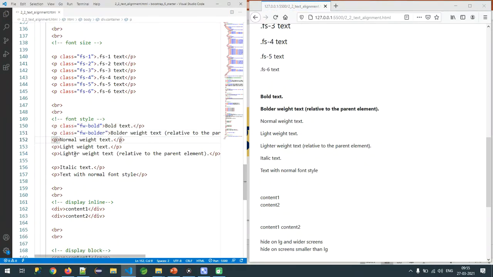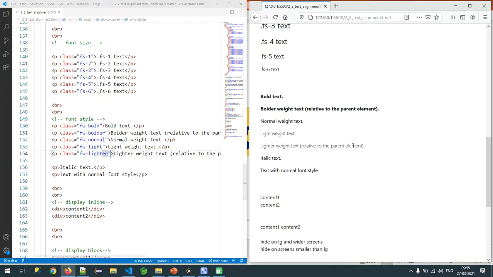Relative to the parent, and in the same way class fw-normal, and in the same way I want to have some lighter text here. So now you can have some slant look, and in the same way observe class fw same as parent.